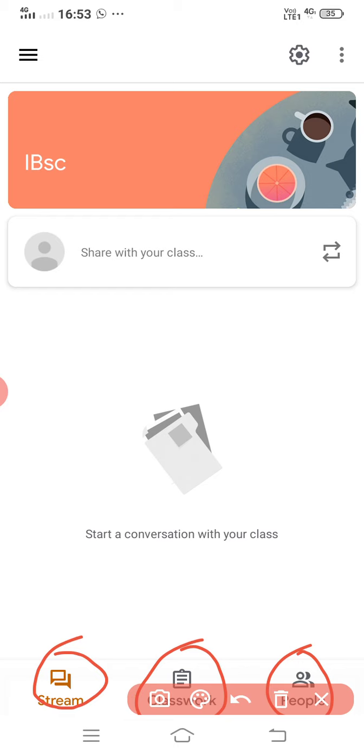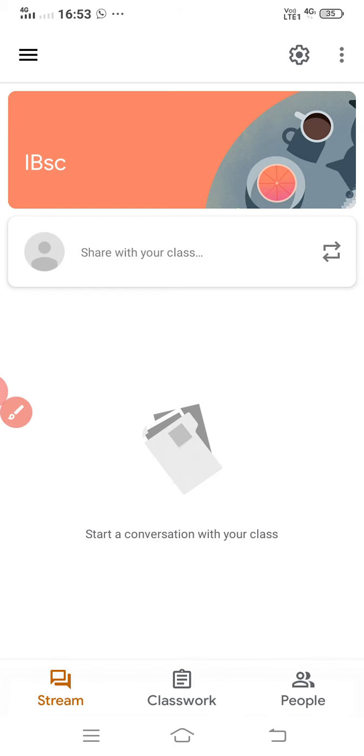In the stream, you can post all the things as a general announcement, or it can be utilized as a notice board. Both the students and the teacher can interact through the stream. Say for example, I will type like this.